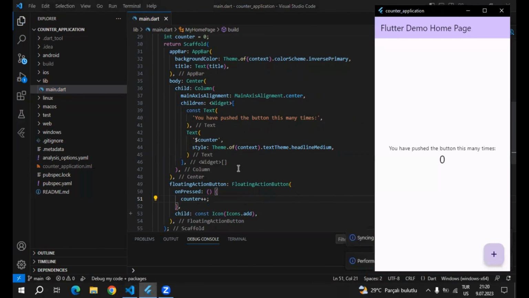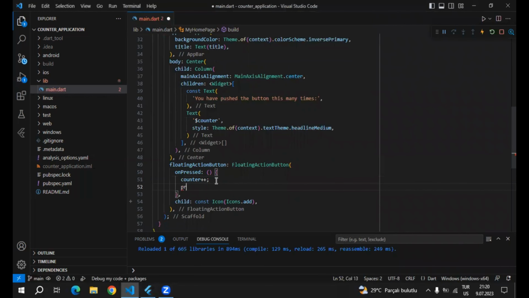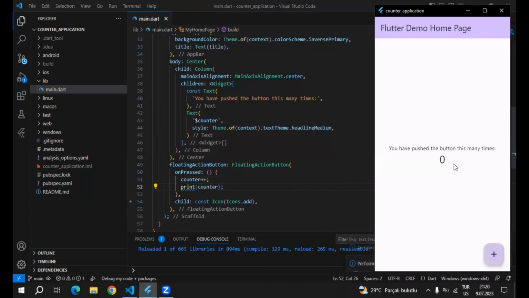Now if I refresh and click this floating action button, nothing is changing. Why is that happening? Actually, in the background, the counter value is changing. If I print the counter value, you will see that the value is changing, but we don't see any effect